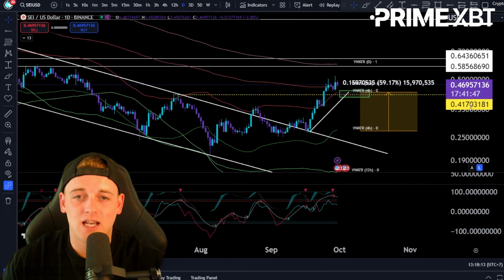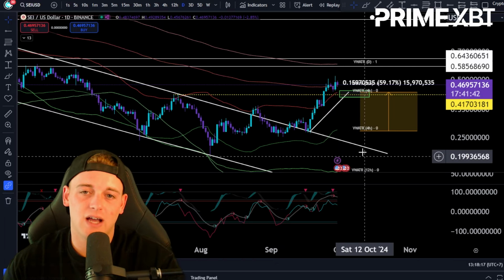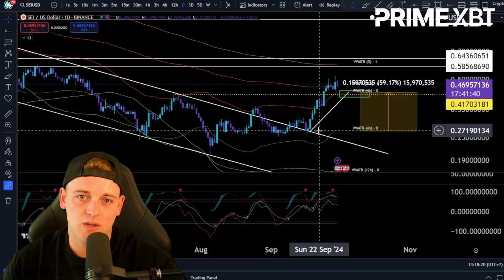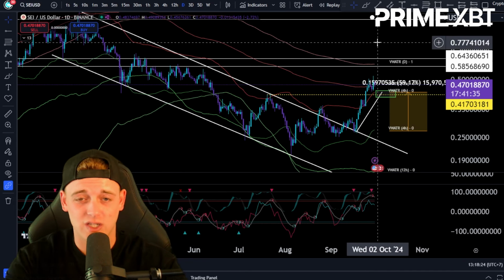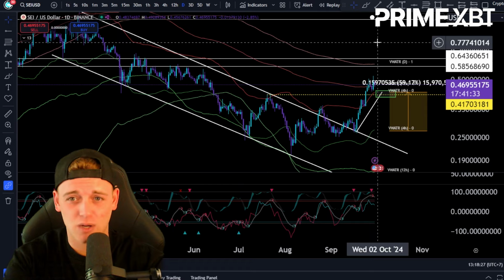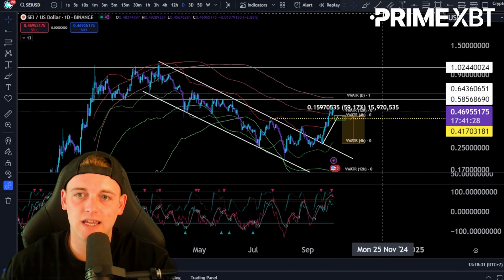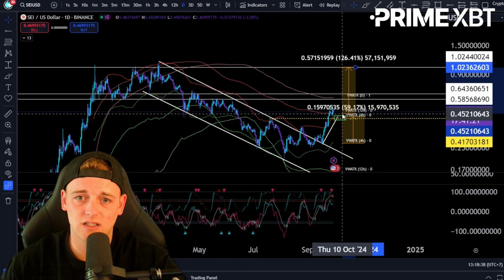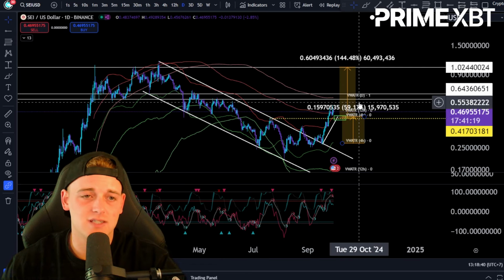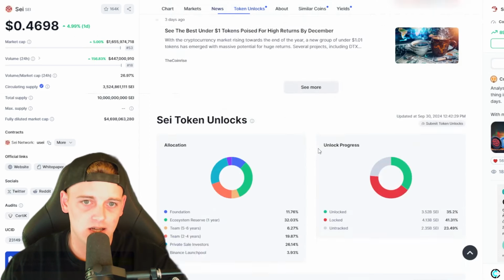We might come down a bit lower if crypto tends to pull back. But at the moment, with the alt season happening, with all this bullish momentum, with the market structure changing direction here, I'm super bullish on this, guys. I think this asset is going to absolutely explode. And say if we were to get in now and just trade it to the all-time high, it is going to be quite a clean move. Okay, it's going to be literally 148% on our investment. And let's just jump over to the all-time high for SEI over